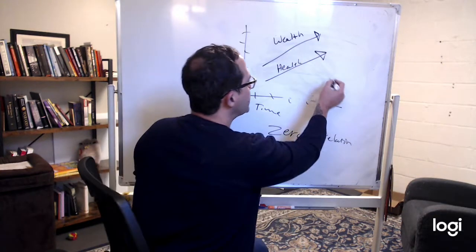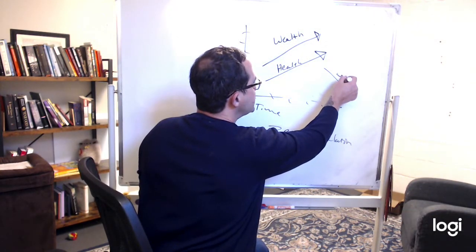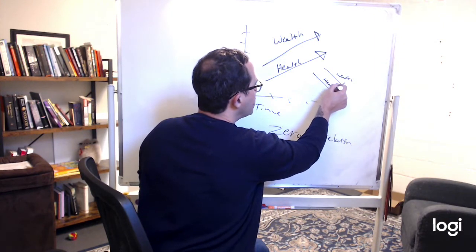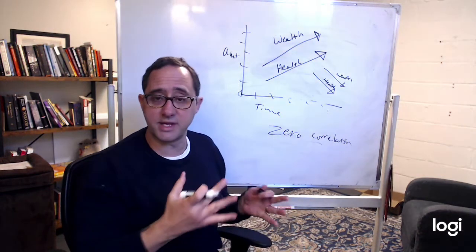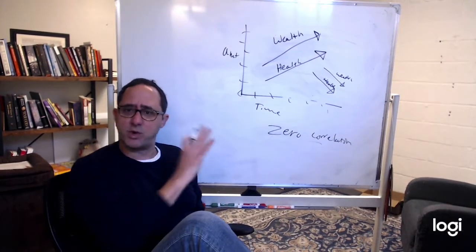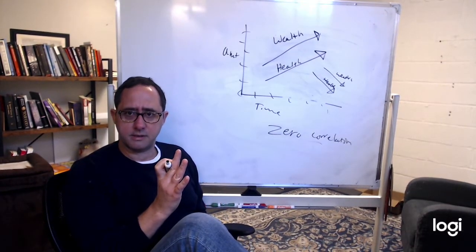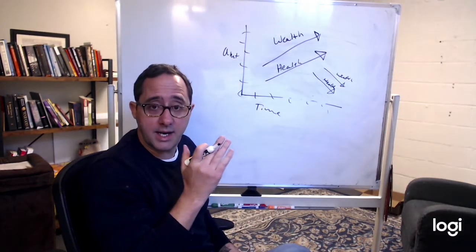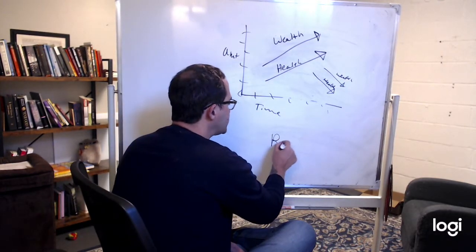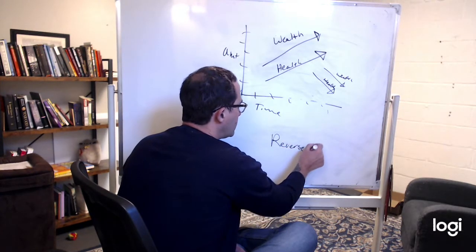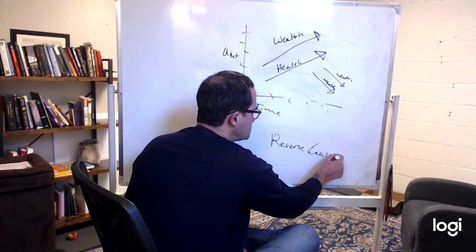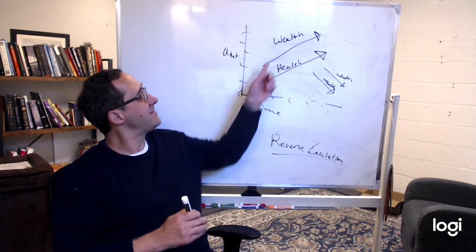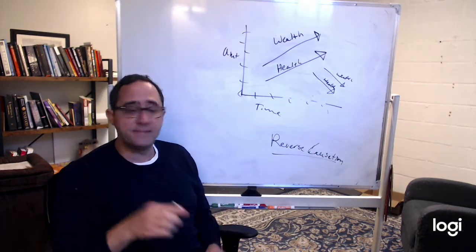And there's also the opposite. As wealth decreases, health goes down. Okay, there's a positive correlation. Now we have to figure out, does one cause the other? Here's where we have to be careful about reverse causation. Reverse causation. I might think that wealth causes health. This would mean